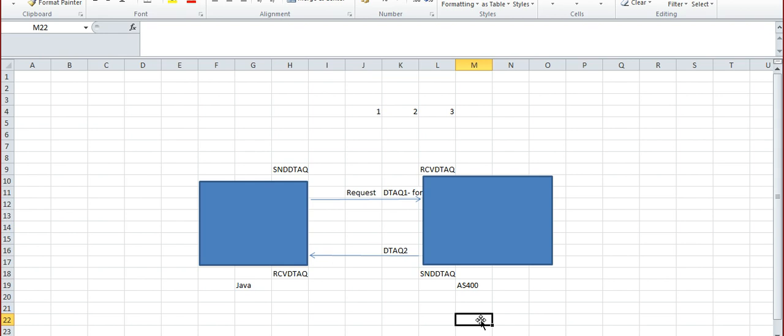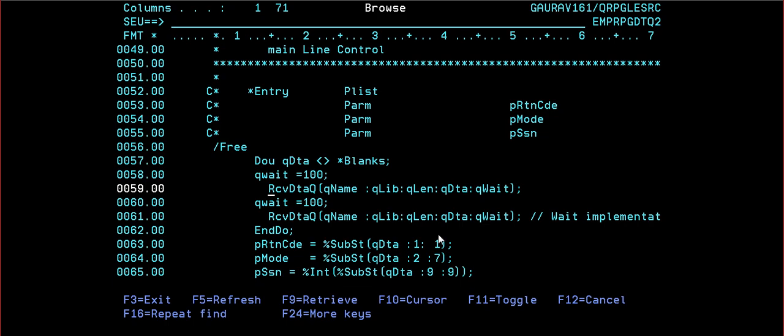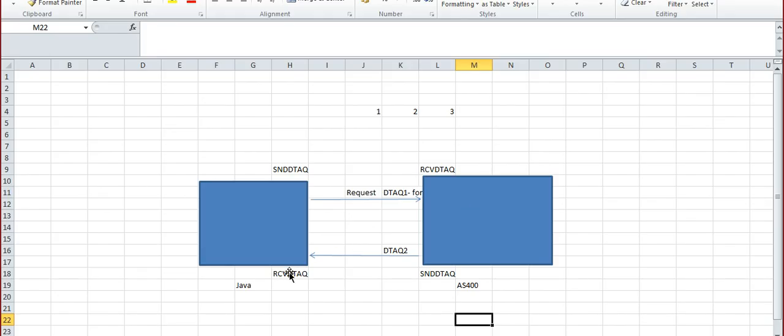Right? So in this way, we can implement a data queue. But here I am not doing a send data queue in the RPG 2 program because we are not returning anything. We are just updating a database. So this section is not required. Only I am sending data queue and receiving data queue.